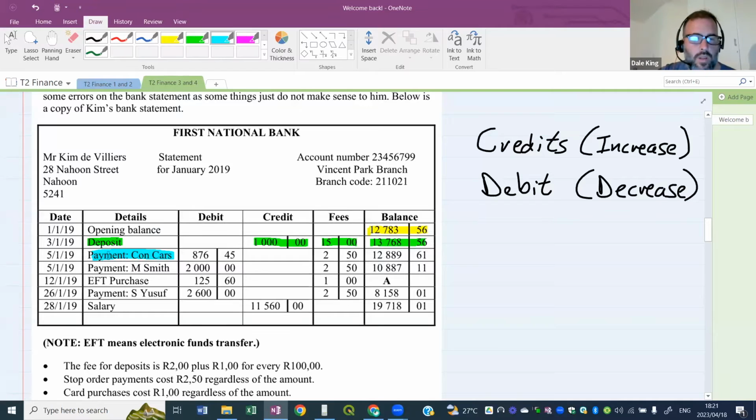It doesn't say stop order there, but we know down the bottom here, stop orders are 2 Rand 50. And yet this transaction cost 2 Rand 50. So this must be a stop order. All right. A stop order is